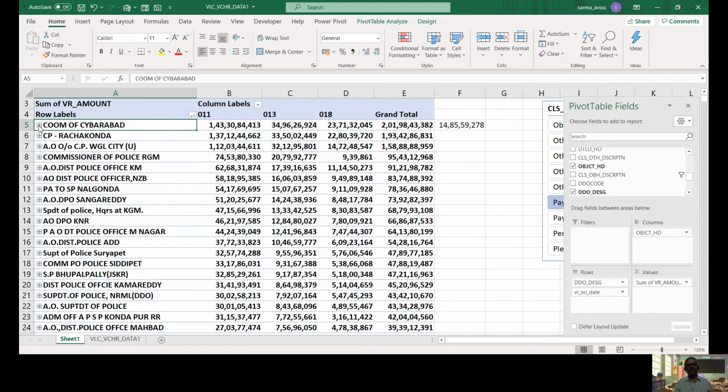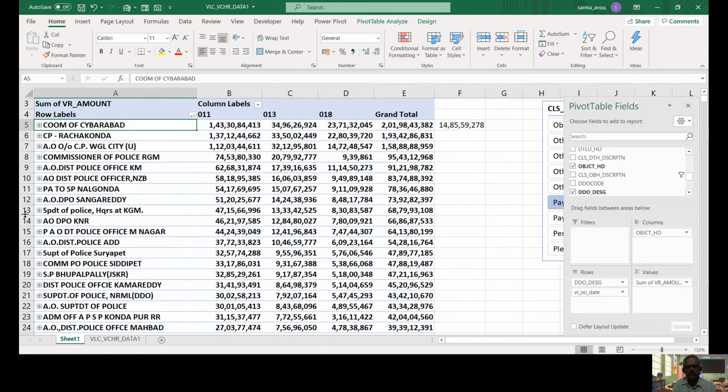Of course, this also gives us the voucher details. If we have the physical vouchers, we can take the list and obtain those vouchers and scrutinize them. If the e-vouchers are available online, then the job will be much easier. Otherwise, we need time to obtain the physical vouchers. So this is the data analysis model using Excel. Excel has many powerful features like pivot and data slicer, and using these two features, we can do a very good analysis of the data.